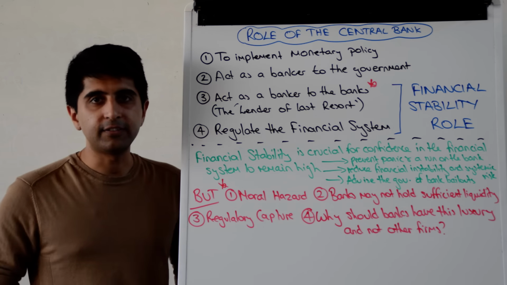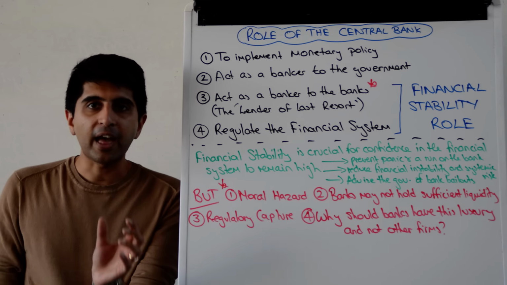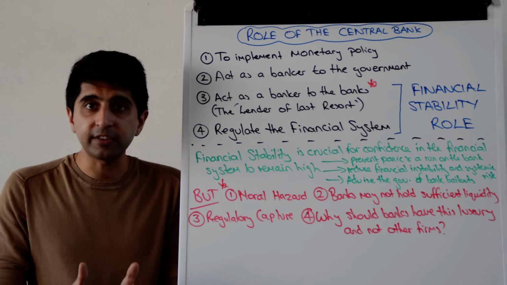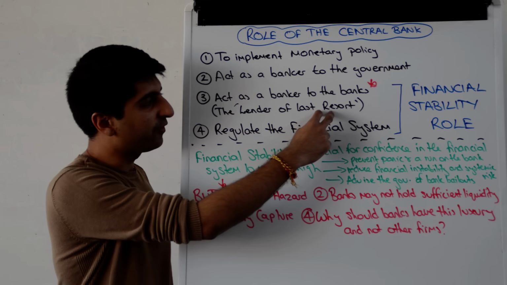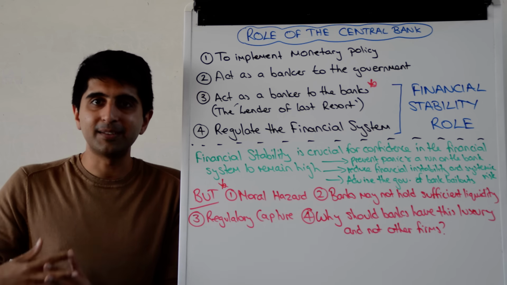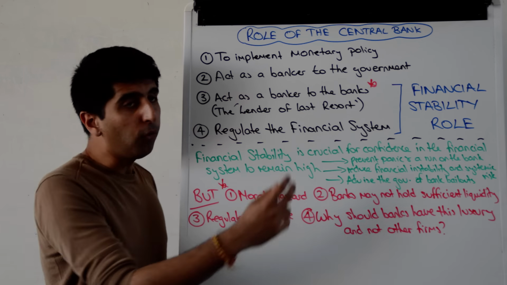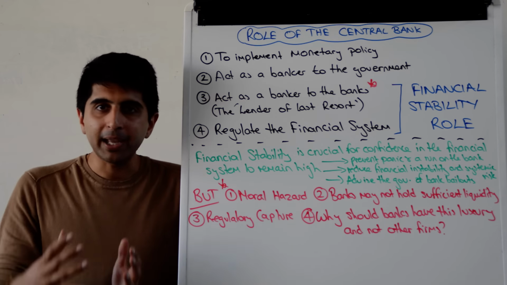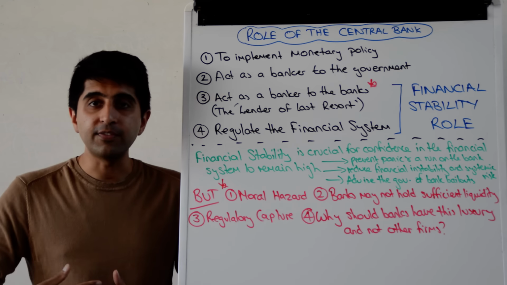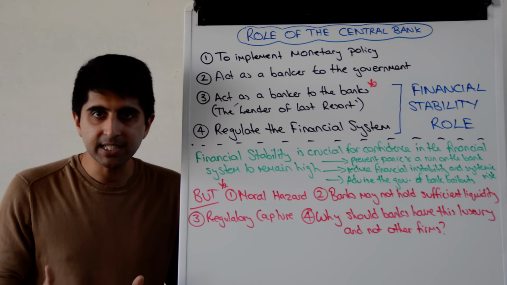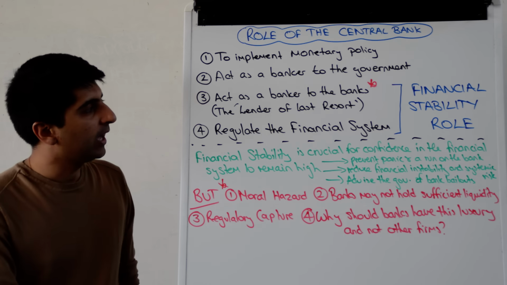The bank will simply say, well, too bad, you made bad decisions, you're just going to go bankrupt. You need to know that the Bank of England has got a fail-safe way of letting banks fail. So even if they don't want to intervene when it comes to offering liquidity, because that commercial bank doesn't meet the requirements, it hasn't met the conditions to get that liquidity, or if the bank goes insolvent, the Bank of England have got ways in which a commercial bank can fail safely, whereby the savings of individuals can be protected, where individuals can maybe divert their funds to other banks in an interim period.